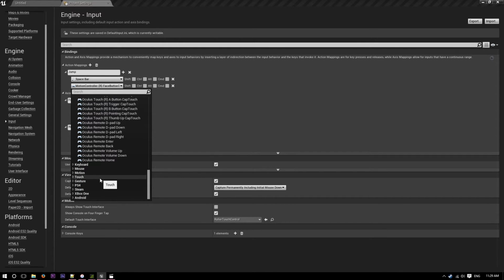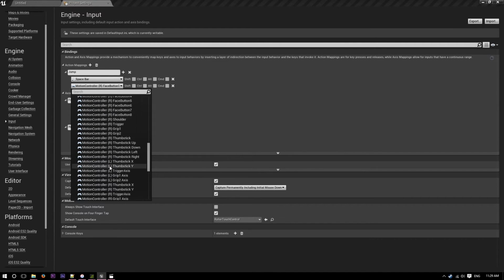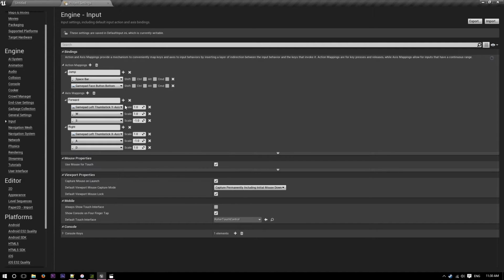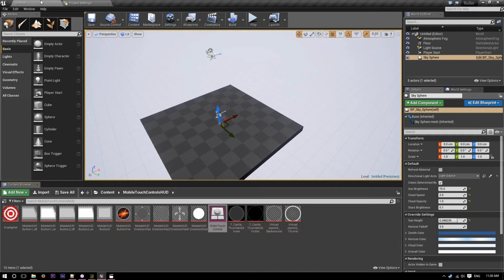Alright, that's fine. Oh, face button. There we go. The bottom face button. Yes, they changed it now since 4.11. They have changed the names. So now that that is saved,